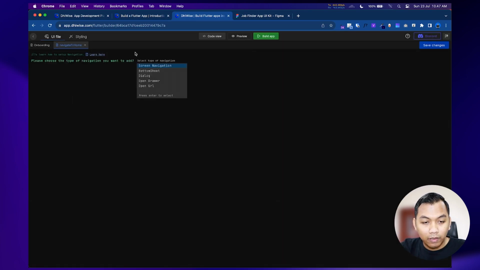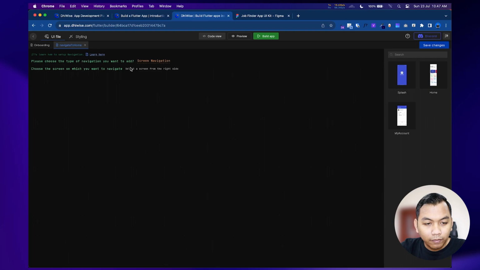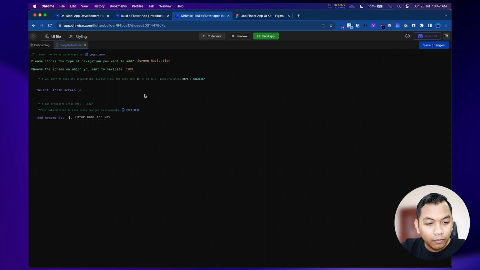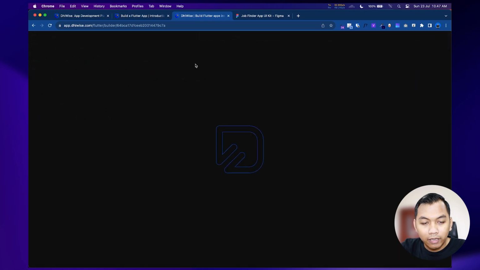Submit. And we can see here, please choose type of navigation, screen navigation. Choose the screen we want to navigate to, so we want to navigate to home. And yeah, we can save the change here.